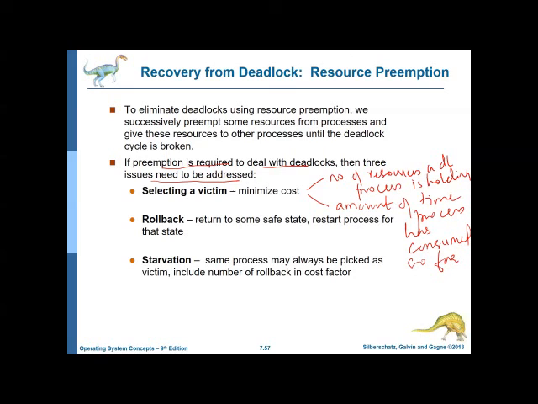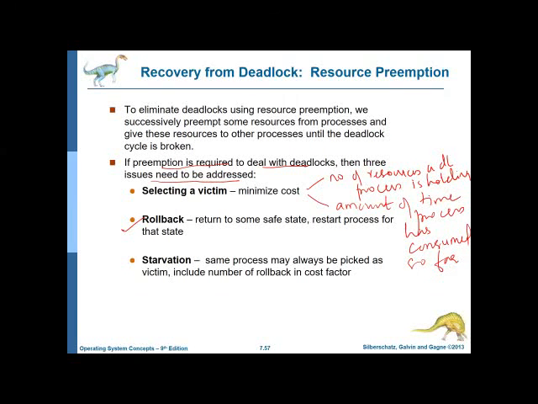Now the second criterion that needs to be addressed for preemption is rollback. You must have learned in DBMS the concept of rolling back, which is nothing but going to a previous state which was a better one. That is known as a rollback. Suppose we preempt a resource from a process, then what is to be done with that process? There was a process P1 which was holding some resources R1, R2, etc. I preempted some of them. Now, what is to be done with this process? Can it continue with its normal execution, or because some resources are not there, what will it do to handle that?